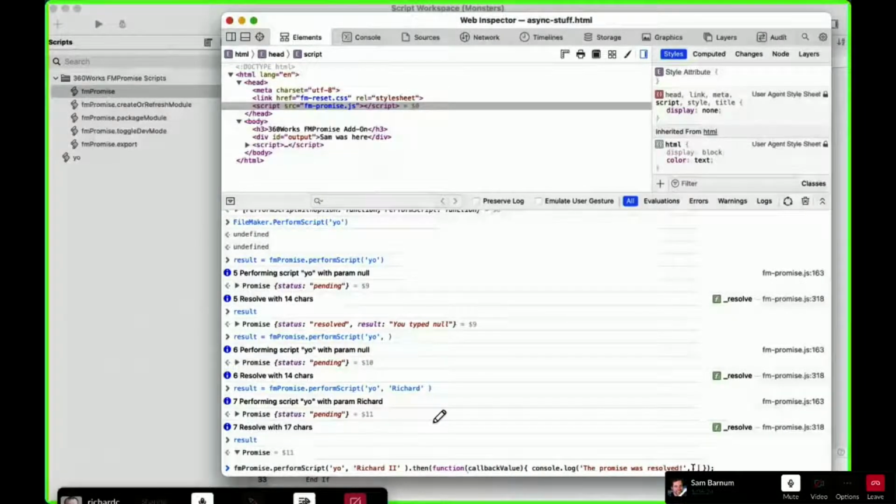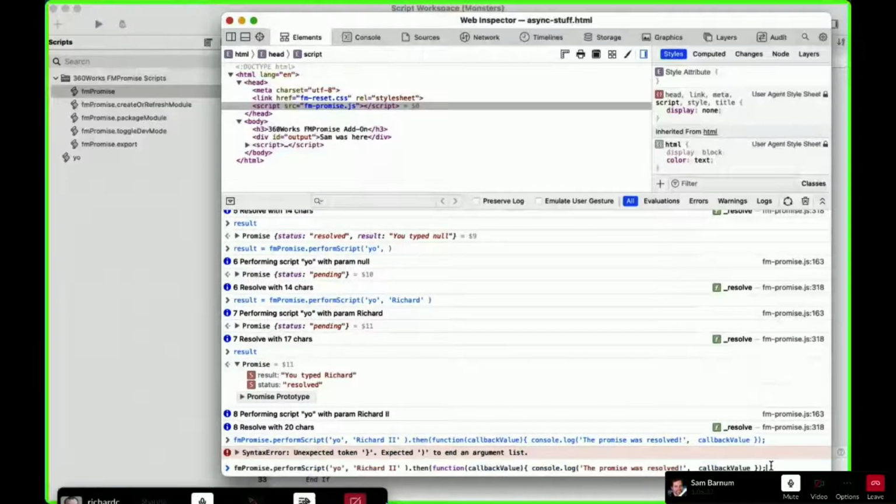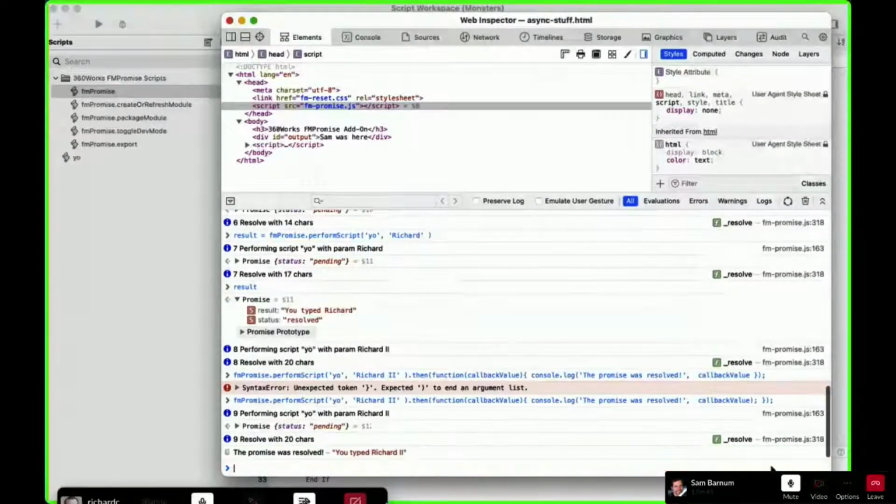The promise was resolved, and then we'll log that. So when I run this, the promise hopefully will resolve and call our callback. Oops. I'm missing parentheses there. Yeah, you got to balance your code, baby.